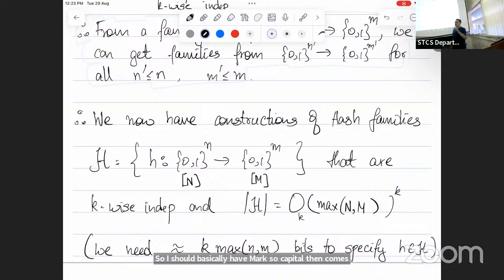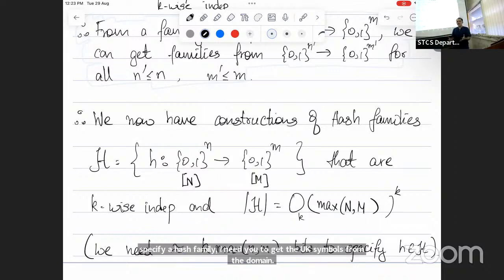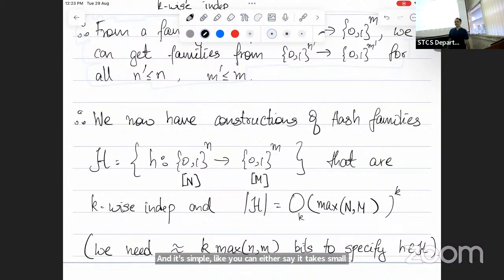So in order to specify a hash function, I needed to tell you k symbols from the domain. Each symbol, you can either say it takes small n many bits to represent, or if you want to count the size of this family, then it is like capital N. So it's k times log of that, and log of capital N is small n. So therefore,